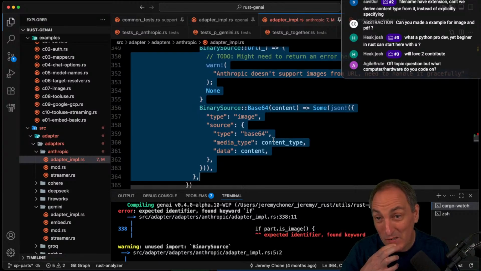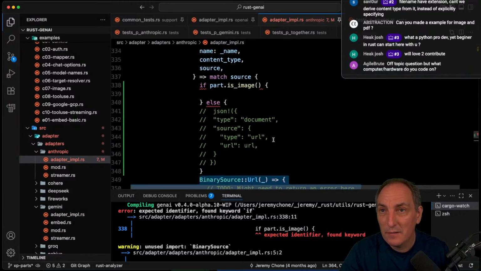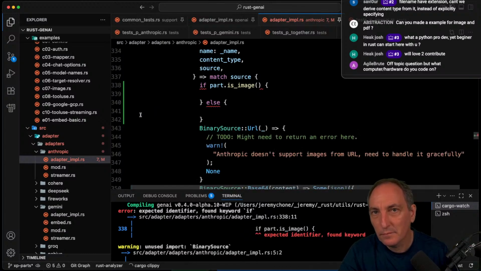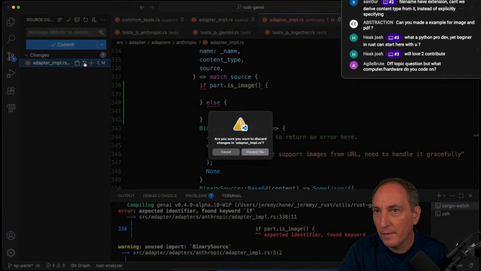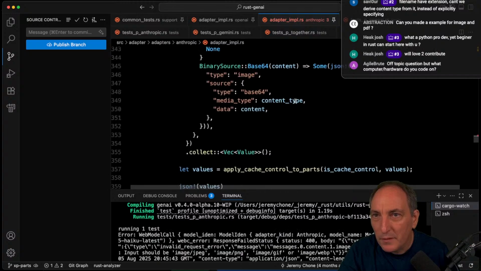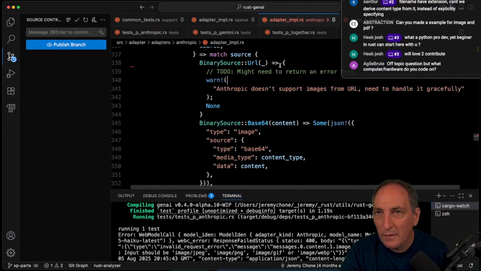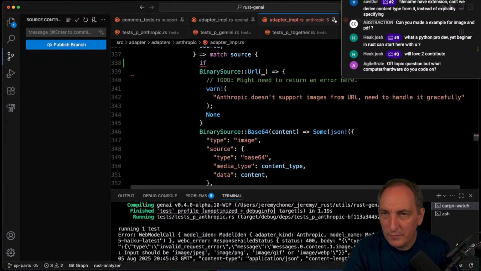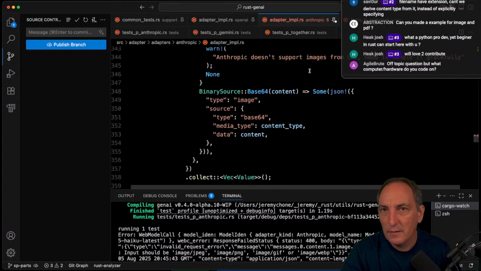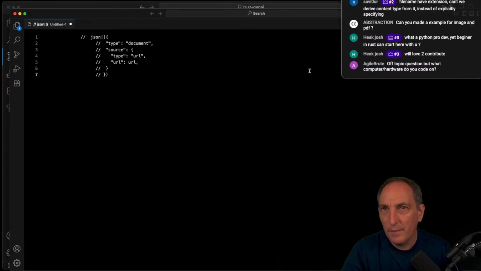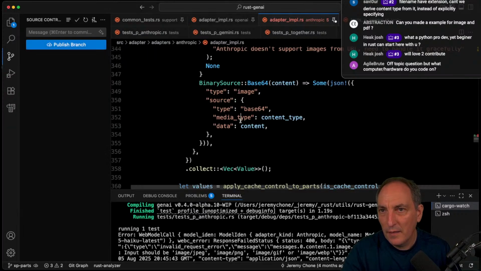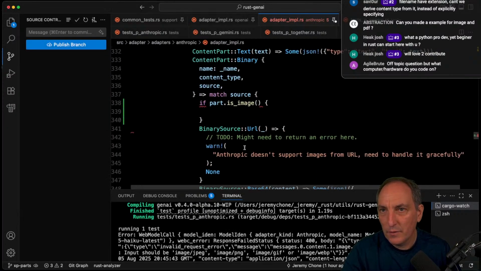So sometimes it's a little bit tricky with, oh, okay. Back. Okay, so let me go back there. We're going to do it like this. So we do it step by step to make sure it works because otherwise it gets very tricky. So if part is image, then we do these guys. And then I'm going to do that there. So we're taking